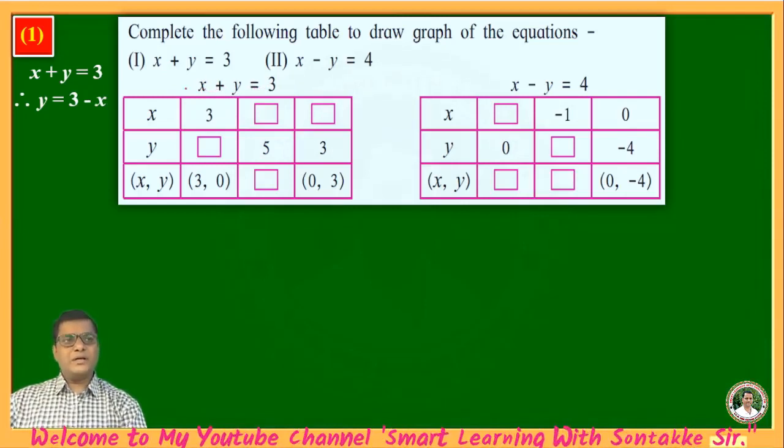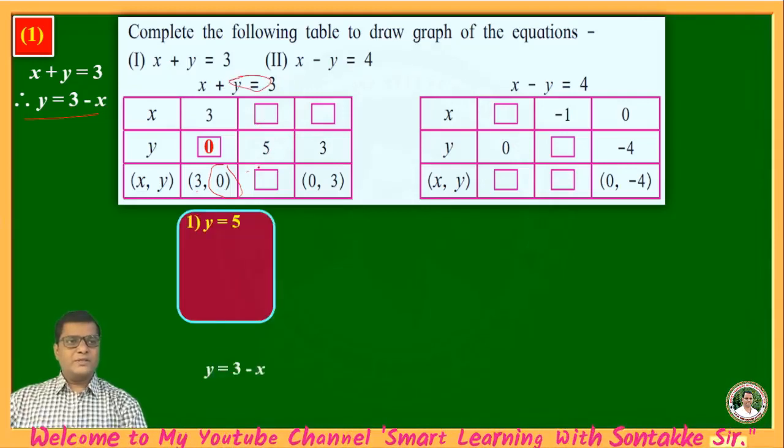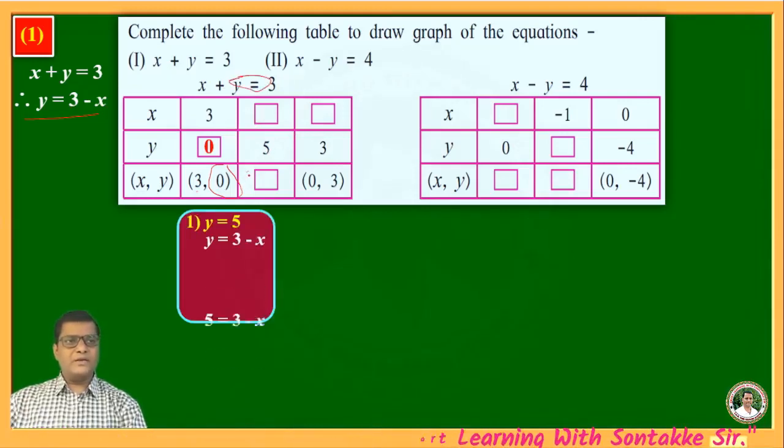But if you convert the given equation in the form of y is equal to something, meaning only y will be on the LHS side, then it is easy to find the values. Now here if you substitute value of x is 3, then 3 minus 3 will be 0. Again points are given 3, 0, already value of y is here 0. Here value of y is given 5, then we will get the value of x is minus 2.